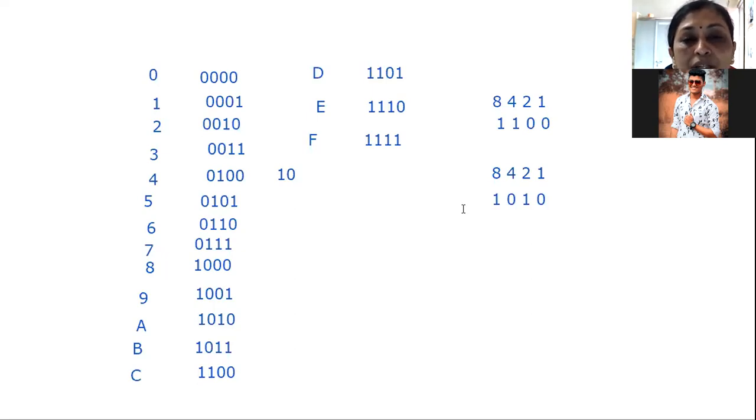Are you clear about this? Please tell me, then we'll go forward, because this is very, very basic and you should know this. If you don't know this, then what is the use of studying 8051? Okay. So write this down in your notebook